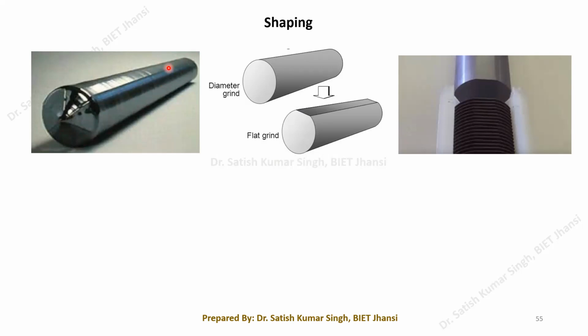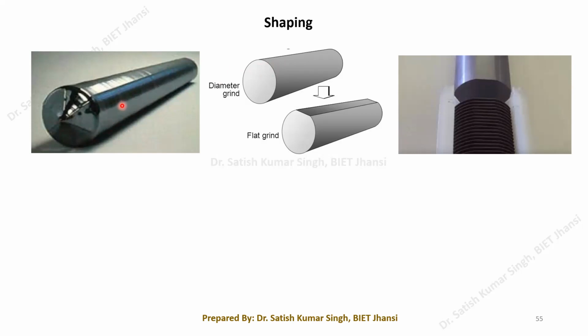So this is one of the reasons why we are going for the shaping process. What is the first need? The first need is we have to make the diameter of this particular ingot uniform. So first we need to get the uniform diameter. So we have to do the grinding process. We need to do a shaping process, or you can say we have to perform the grinding operation by having a diamond wheel cutter. And then we have to make it uniform.